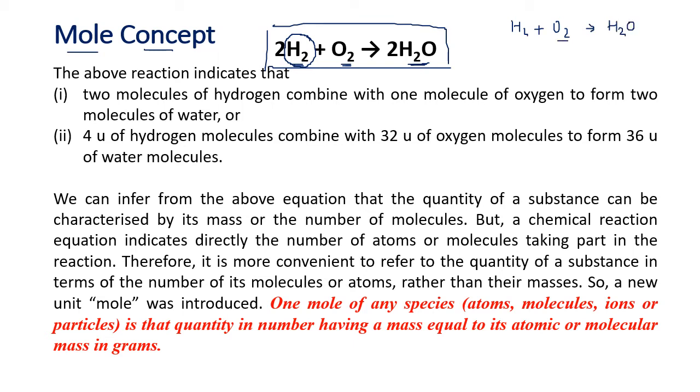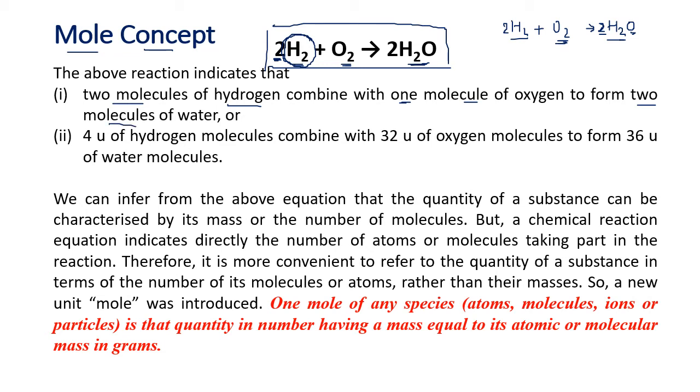You can see there are two oxygen here and there is only one oxygen here. So we make it two molecules. So now two oxygen, O2 will form two molecules of H2O. But now the hydrogen has become 2 2s are 4. 2 times H2 is 4. So I've got to put a 2 here. So 4 hydrogen, 2 oxygen, 2 oxygen, balance. Now what does this indicate? Two molecules of hydrogen combined with one molecule of oxygen to give two molecules of water.